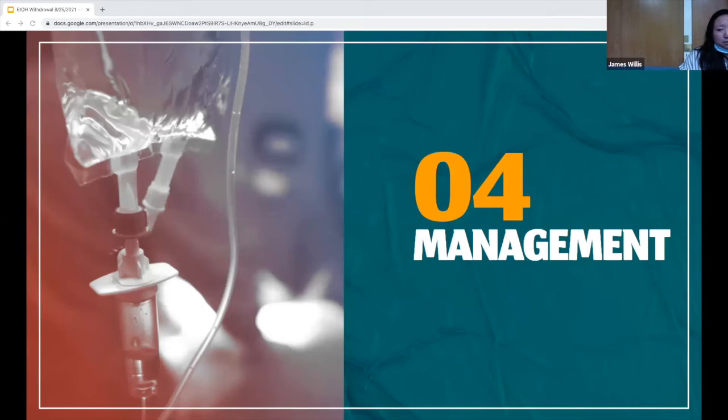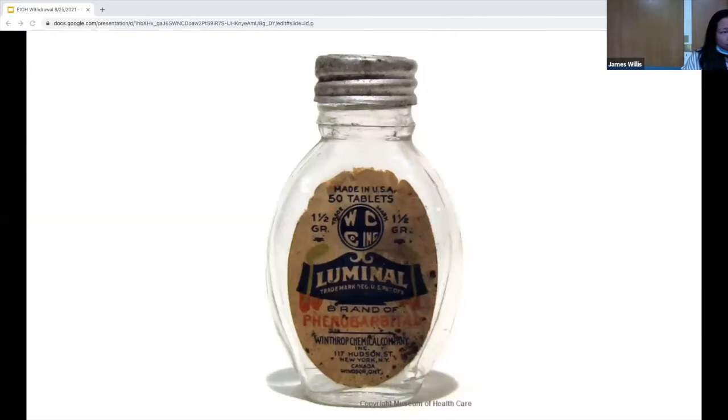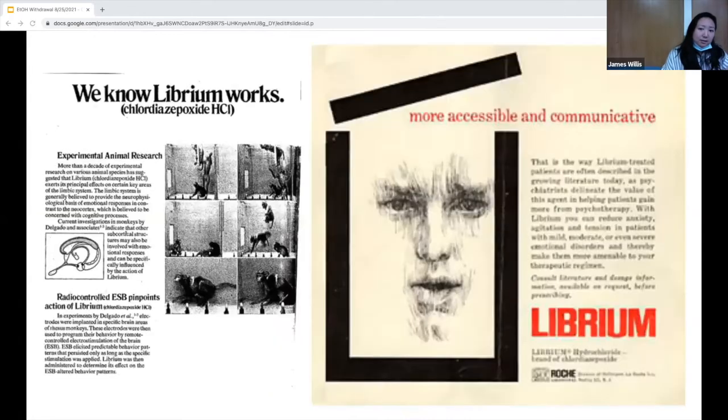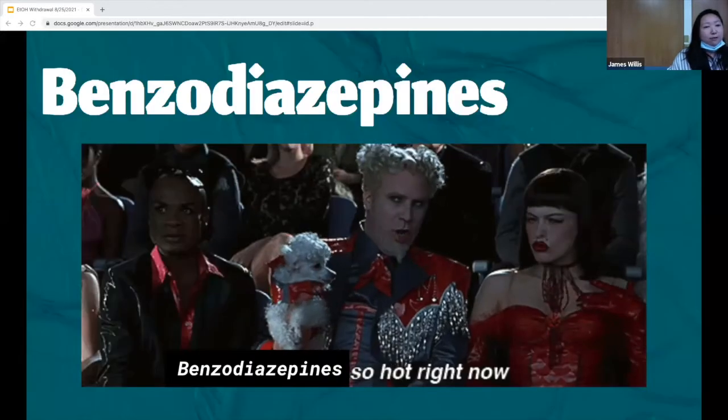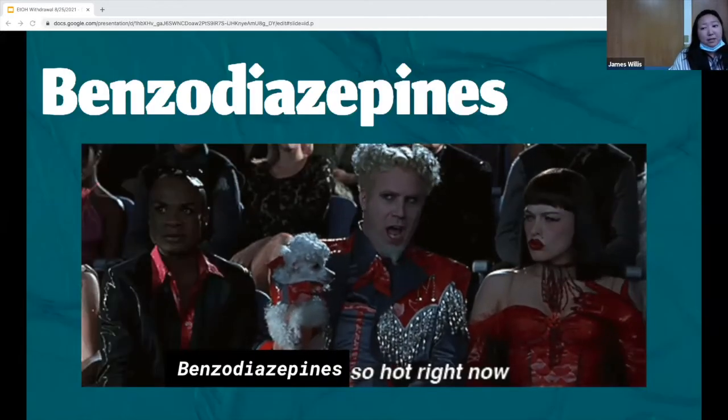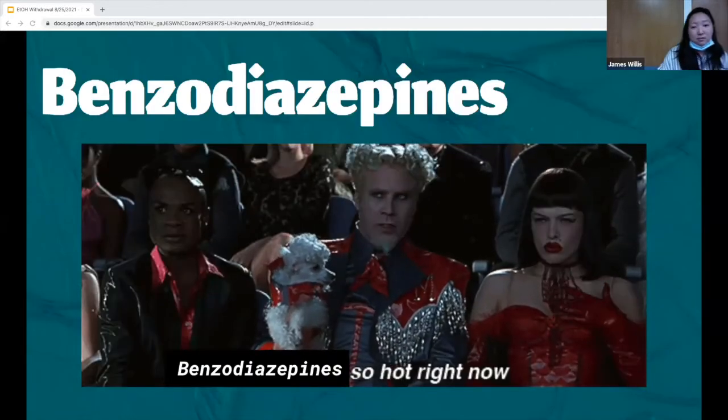And when it comes to managing alcohol withdrawal, I think the first medication that comes to mind is benzos, right? However, before the 1970s, phenobarb was the first line treatment for alcohol withdrawal. And it wasn't until benzos came out on the market in the 1960s that we saw this transition from phenobarb to benzos. But the transition actually wasn't driven by evidence, but really was just a marketing push by pharmaceutical companies to dominate over the use of barbiturates.